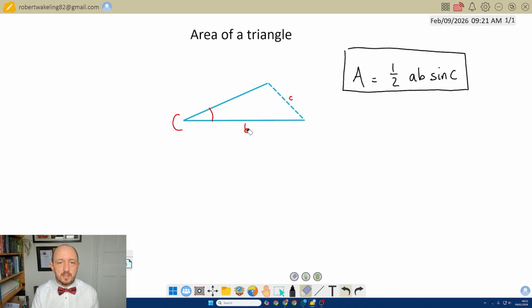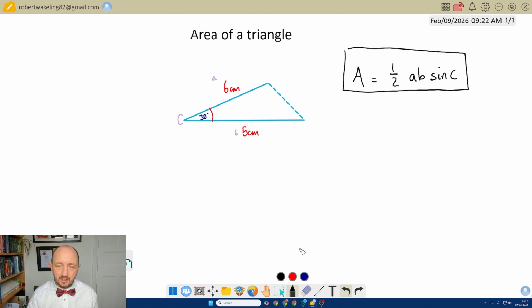So we can just put some numbers in here. a and b, we don't actually care which way round they are. So let's make that 6 centimeters and 5 centimeters and 30 degrees here. This lowercase c doesn't really have any relevance to us. It's just how we create this formula. So that C there also doesn't really matter. They will use all sorts of different letters like P, Q, R, A, B, C in different orders. Just ignore those and put your own a and b and a capital C,